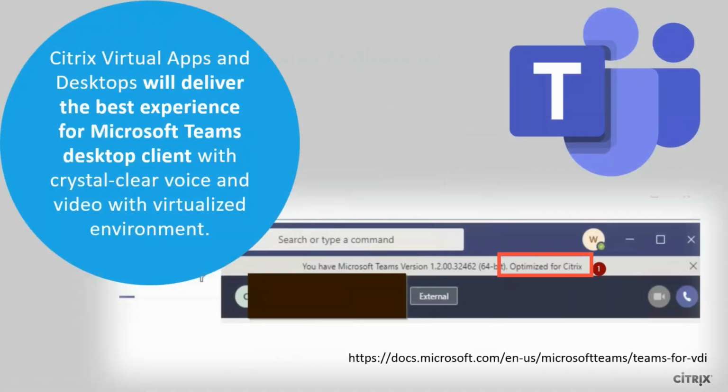I finally wanted to show you with Skype for Business, what we had here was our Dicky Bow down in the corner in the system tray, and that's how you knew Skype was working, and everyone's like, oh yeah, the Dicky Bow is working, I'm good. With Teams, you don't see that as it's redirecting and optimized properly. So you have to go into the About and version, and what you'll see is your version of Teams, and if it's successfully optimized, you will see optimized for Citrix in the bar as well, and I've highlighted that in red. So if you are testing it, you're installing it, you want to play with it, that's how you know you're absolutely bang on and it's working.